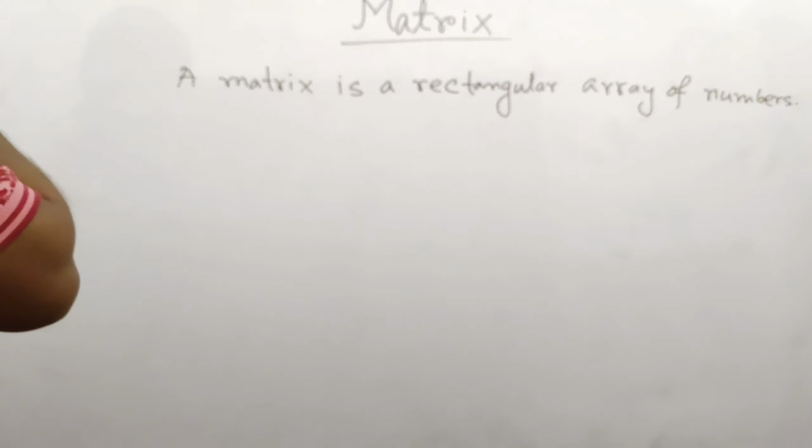1 0 0 1. So look here, this is the diagonal, that is the first diagonal element should be 1 and the other values should be 0. Then this matrix is called a unit matrix. So here 2 rows and 2 columns, so you can write it I2. So if it is I3, then it must be like that, 1 0 0 0 1 0 0 0 1.